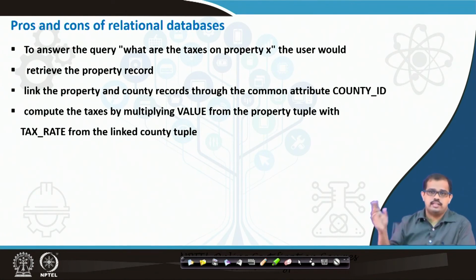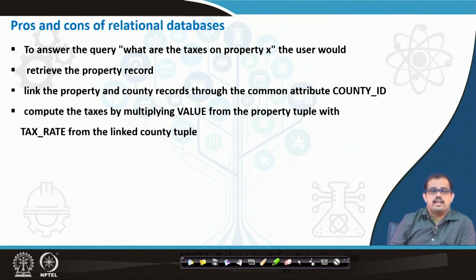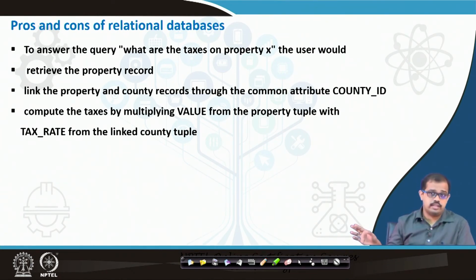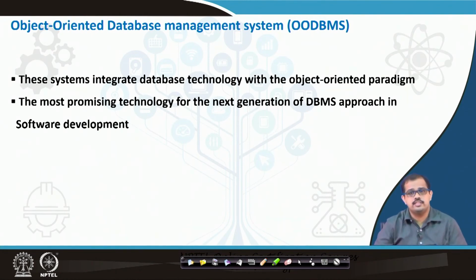It doesn't give you the entire output if you just want to compute the tax for that particular property in the county. It gives you the entire table, where you have to probably use data manipulation languages or add an attribute to that particular table. So the pro is that you can easily look at relations, join them and query whatever you need, but the con is that it is the user who has to look at all of these aspects.